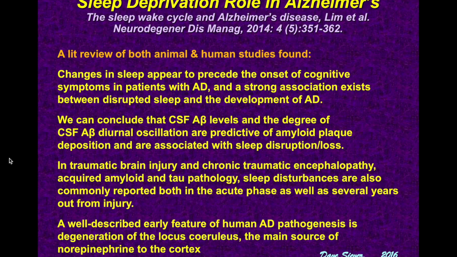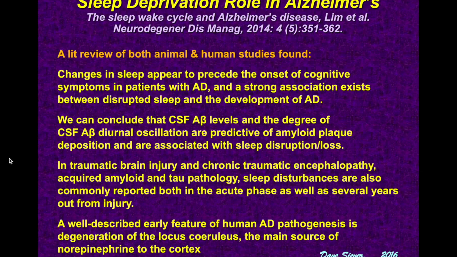In traumatic brain injury and chronic traumatic encephalopathy, acquired amyloid and tau pathology, sleep disturbances are also commonly reported both in the acute phase as well as several years out from injury or prior to injury. A well-described early feature of human Alzheimer's disease pathogenesis is degeneration of the locus coeruleus, the main source of norepinephrine,